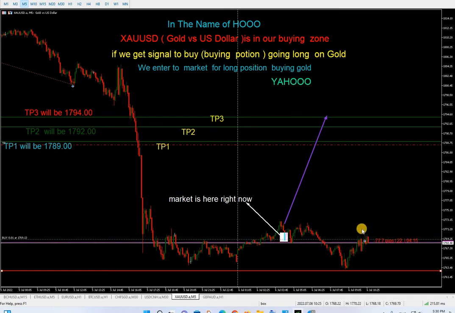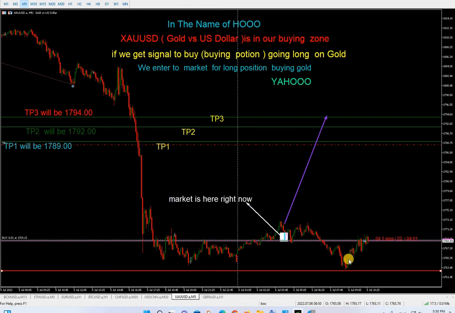As you can see, we entered the market here, and this surface shows us how many people are in loss or in profit. When it's red, it means loss. When it goes blue, it means we are in profit. We put this red line as a stop loss. If the market goes under here and closes, and I am at the computer, then I would close the trade at a loss. Then I will wait for a second opportunity for recovery. If I'm not, when I come back, I will decide what to do.